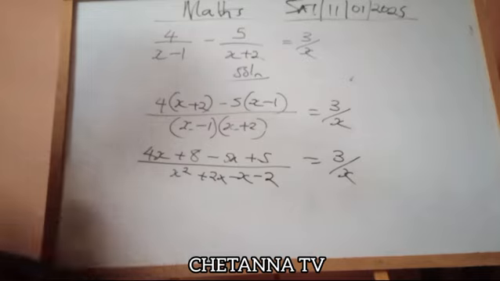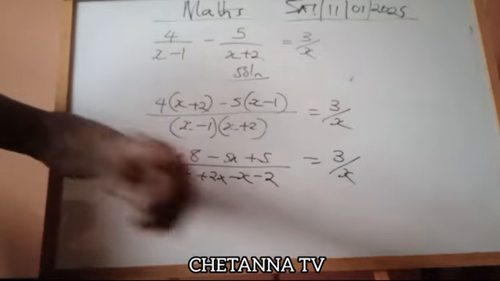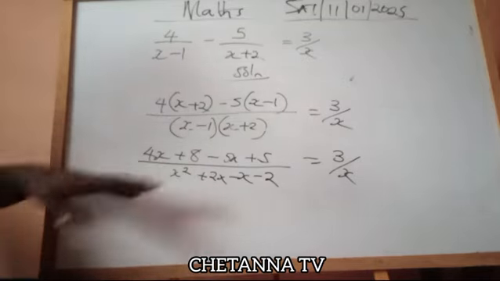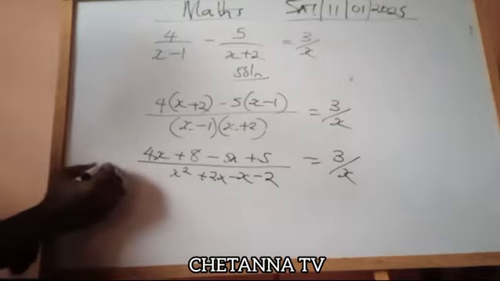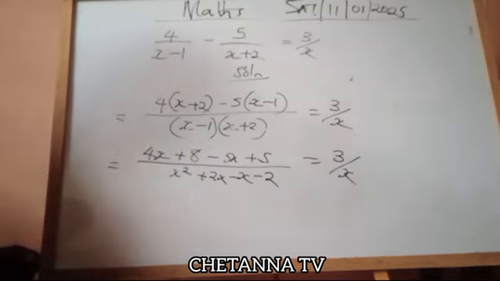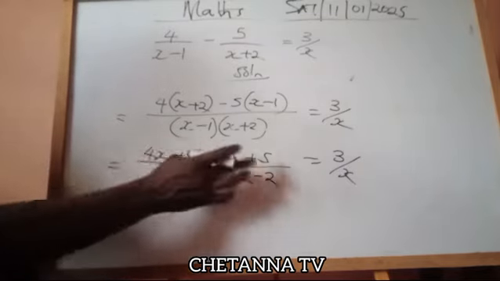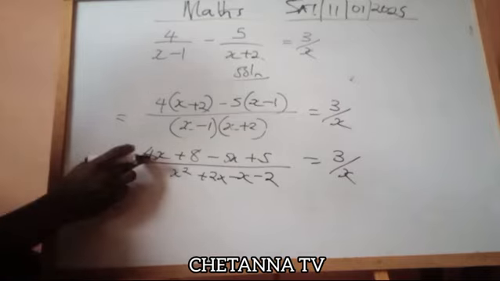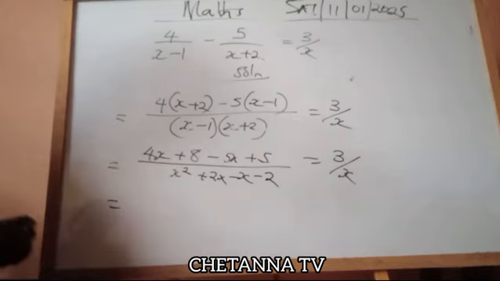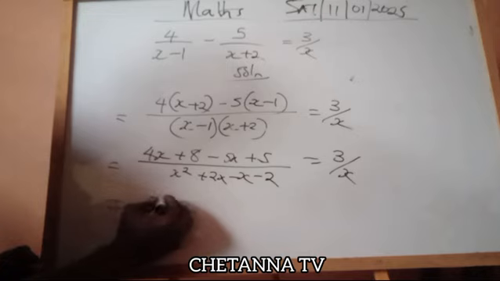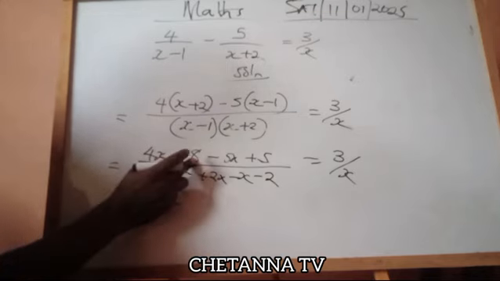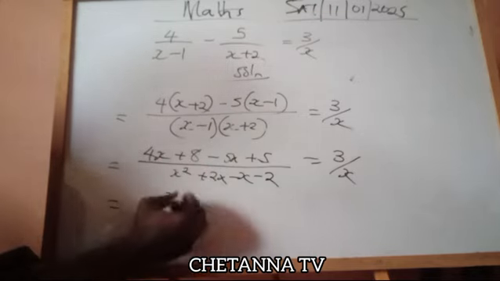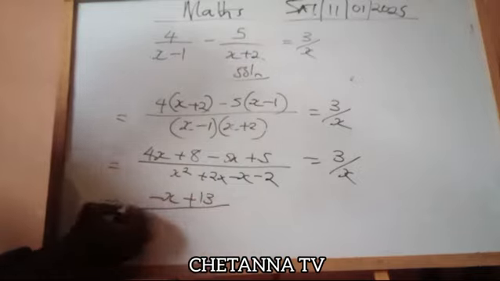Let me go one more step here. I think this piece is very visible. Let me go one more step down. Look up. This is equal to what? Let's resolve this one. We have 4x minus 5x is what? 4x minus 5x, that is minus x. Minus x, good. 8 plus 5 is what? 13. Plus 13, good. All over